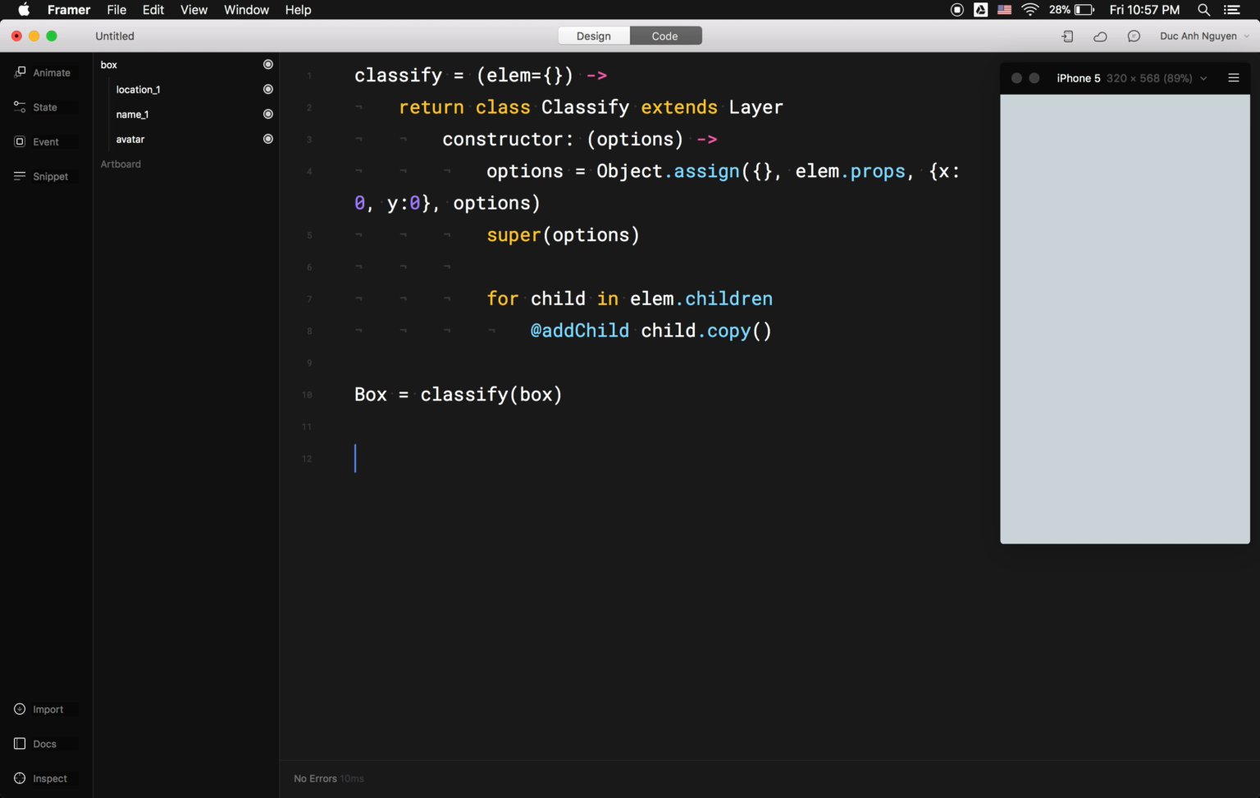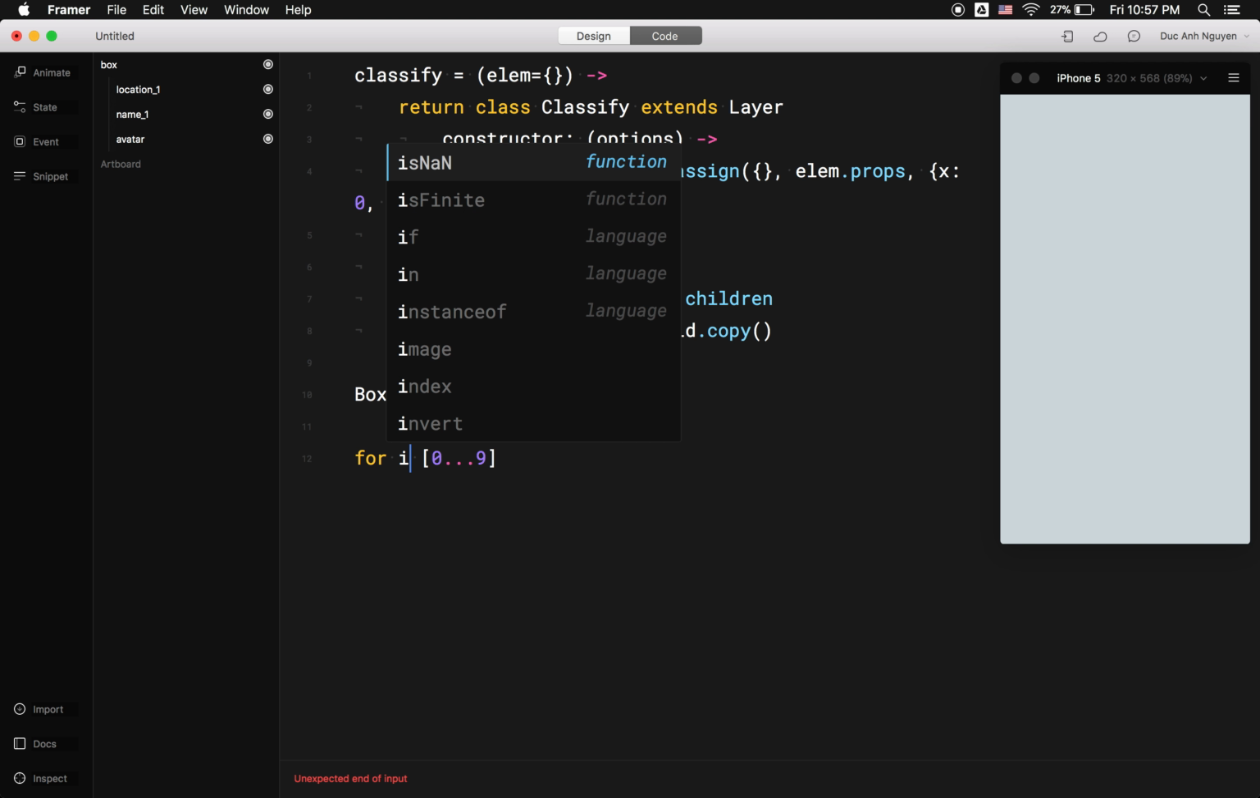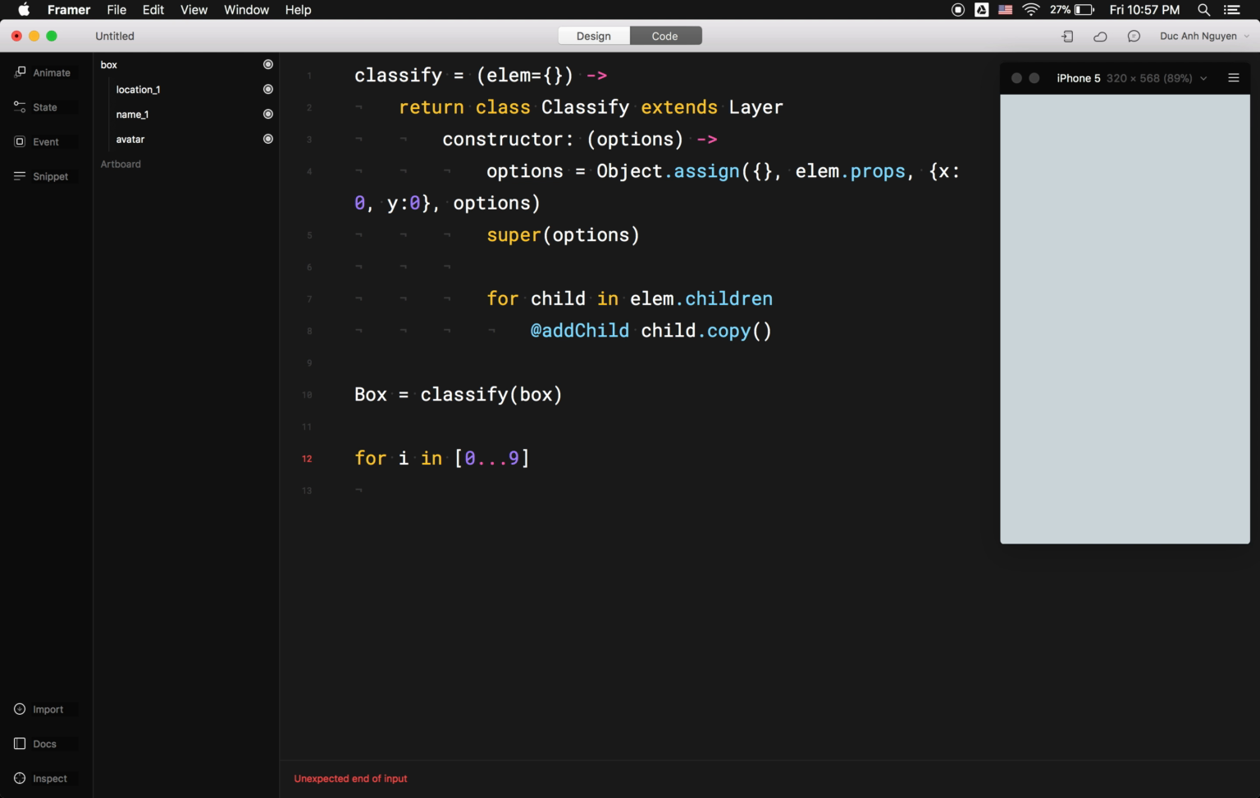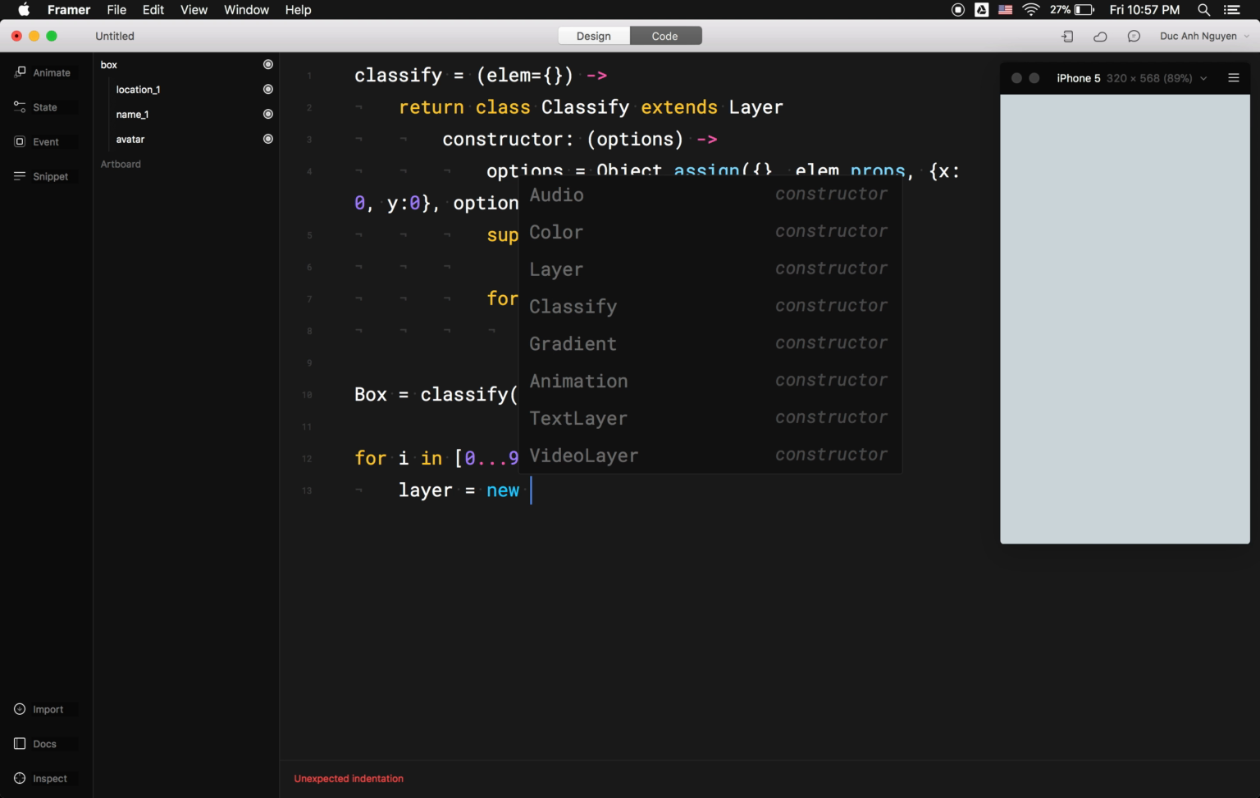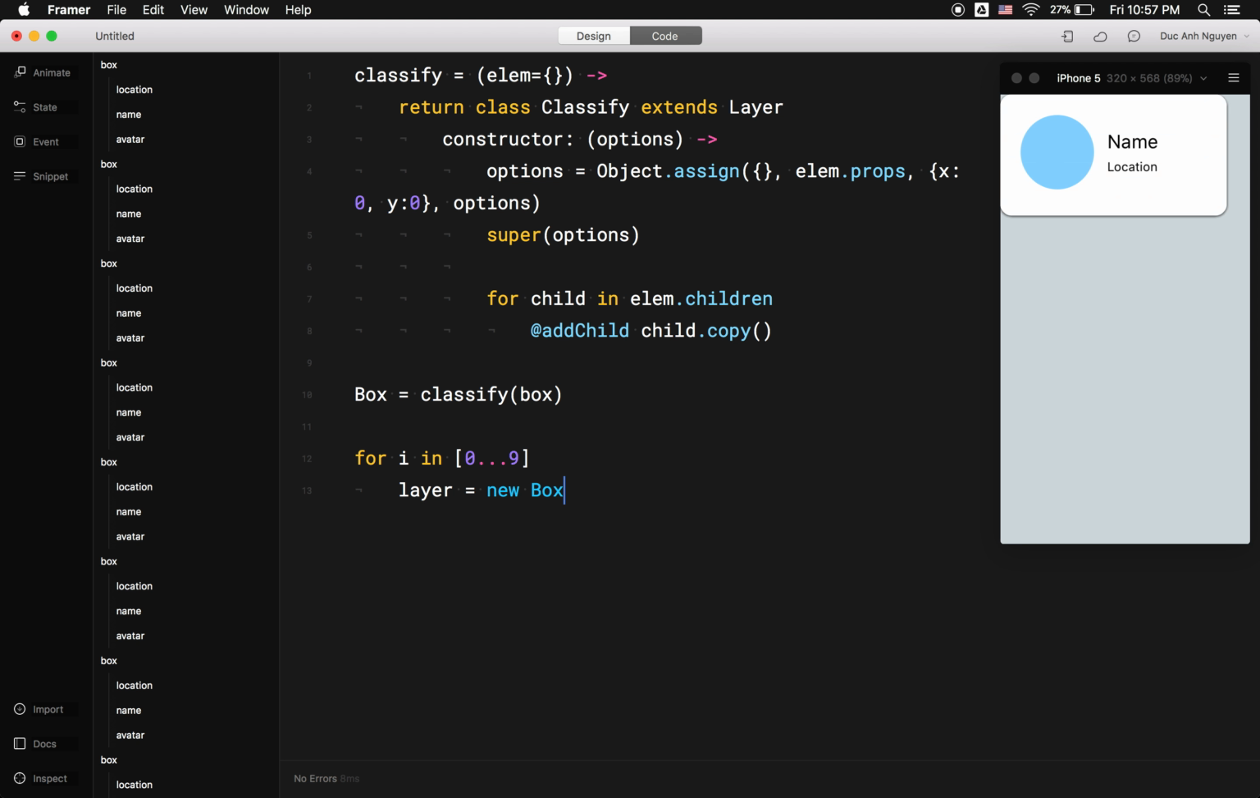So let's just make a loop, a bunch of them. For 0 to say 9. I like 9. Let's make 9 of them. Oh shoot! I always do this. No, new box. There we go. And now